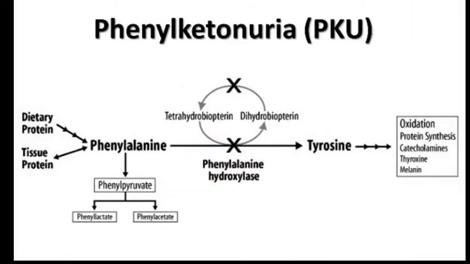The next one is phenylketonuria. It is another example of pleiotropy. The basis of pleiotropy lies in the interrelationship between metabolic pathways that may contribute toward different phenotypes, for example the disease phenylketonuria in human beings. It is due to a mutation of the gene that codes for the enzyme phenylalanine hydroxylase. This results in a phenotypic expression characterized by mental retardation and a reduction in hair and skin pigmentation. So this is phenylketonuria, and it is also an example of pleiotropy.